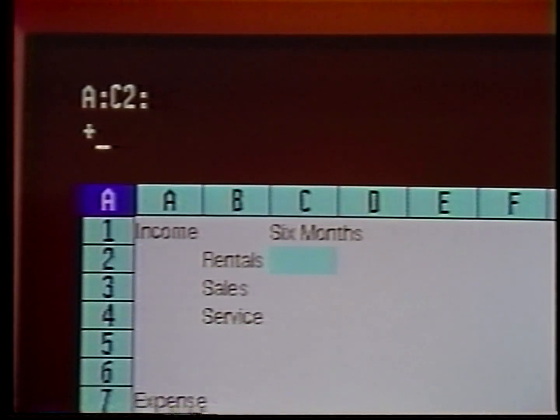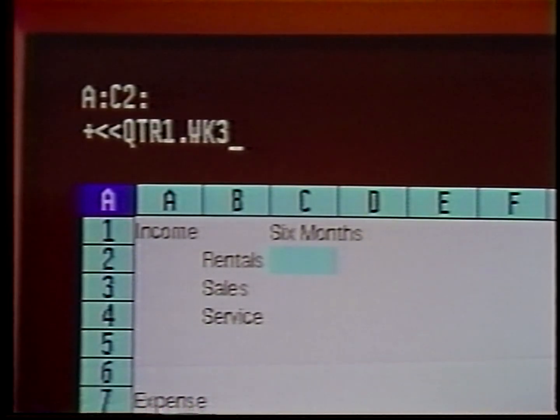And then to indicate the name of the other file, we type the angle brackets. This is just above the comma. This is a shift comma, and then the name of the other file, which is QTR1.WK3, and then the angle bracket just above the period key, shift period, and then the actual cell address. This is F2,